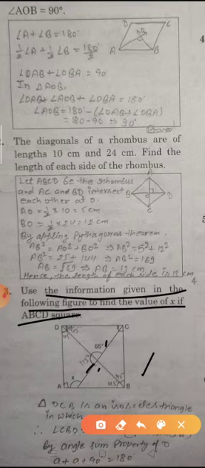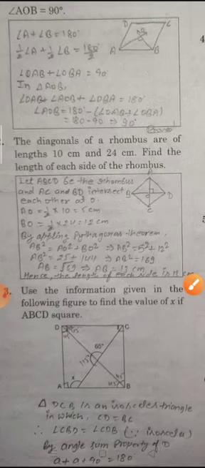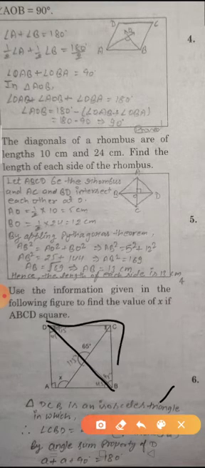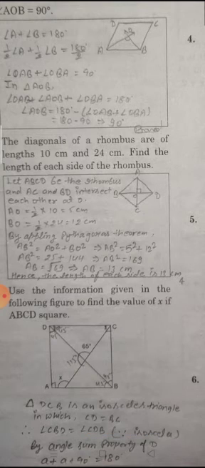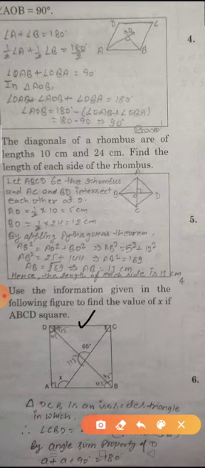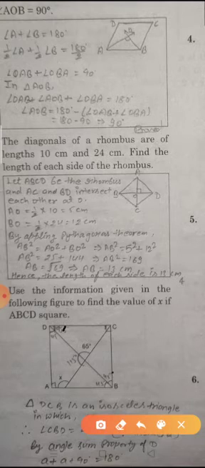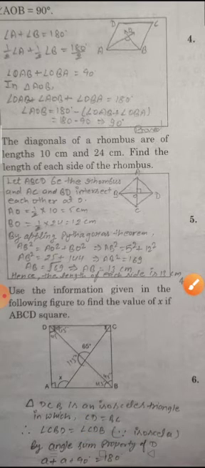So this is 45 and 45 also because it's a bisector. In triangle DCB, this is an isosceles triangle because these two sides are equal, in which CD is equal to BC. So angle CBD is equal to angle CDB. So this angle is equal to this angle. So it is by the angle sum property.